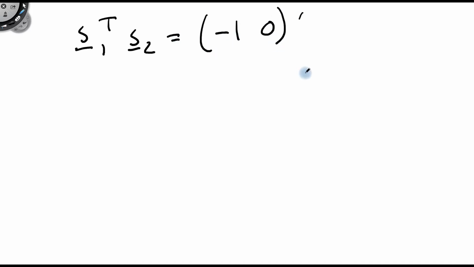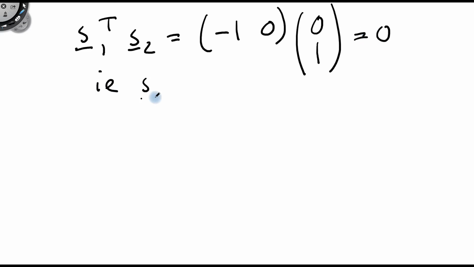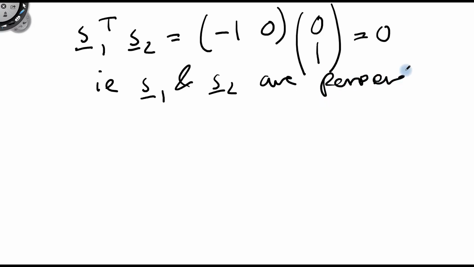So we can now say that the inner product of S1 and S2, which remember is a dot product, is this, i.e. S1 and S2 are perpendicular, orthogonal. So we've got this new search direction, so we can now write down our trajectory step,